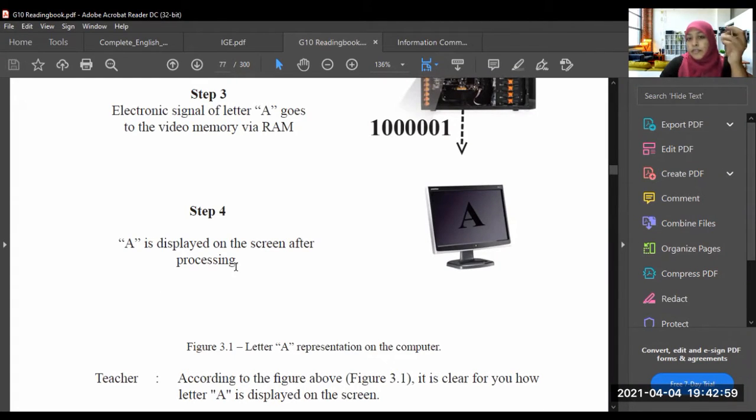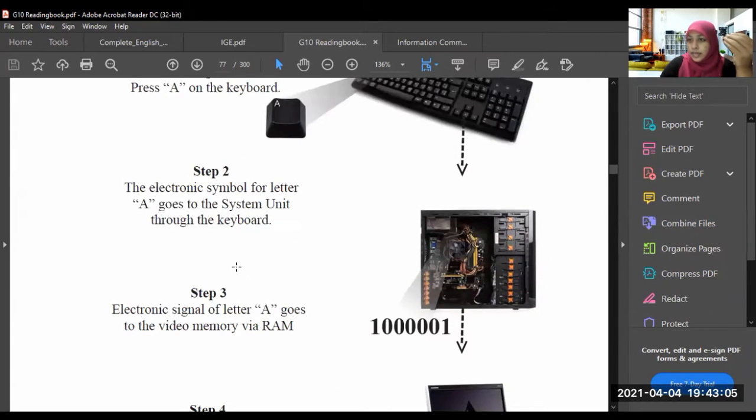So here, if it is explained easily, I will explain it like this. For an example, when you are entering the letter A to the computer, you press the letter A on the keyboard. Then this letter A goes to the system unit, right? In the system unit, it goes to the RAM, then the RAM sends it to the CPU. So this letter A is human readable, right? The human can read this letter A. When we see this letter, we know that. But the computer doesn't understand the letter A.